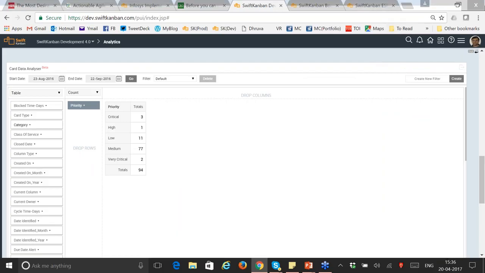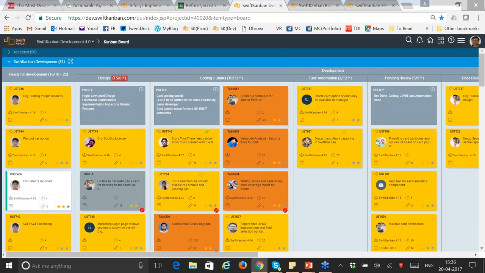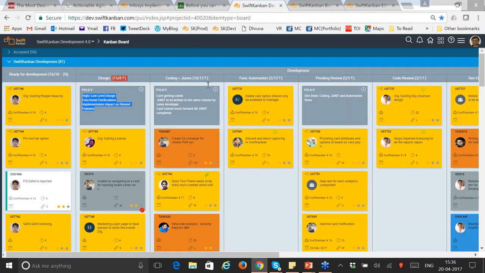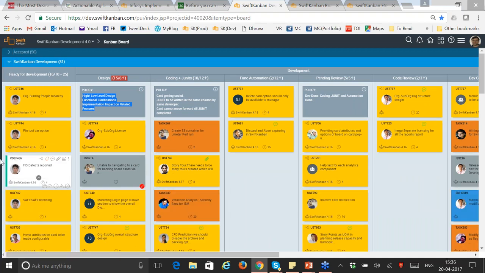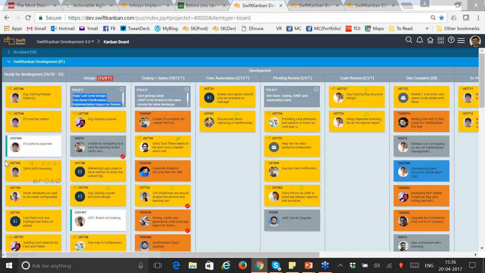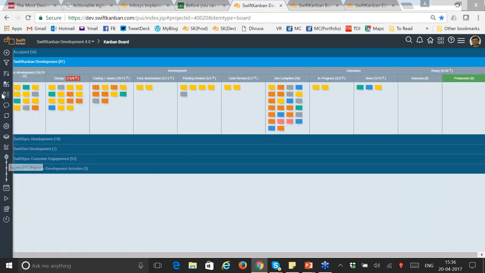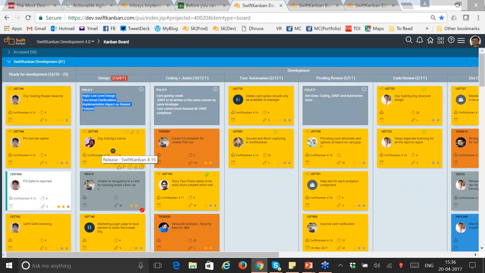So the first, whenever you log into the project, you actually log into your board, and this is how our SwiftKanban development board looks like. You see all the different lanes, and any of these lanes can be expanded, collapsed, depending upon whatever is your level of usability and detail that you are seeking for. We do have multiple levels of zoom and detail available, so you can collapse and you can see an aggregated view, consolidated view at any point of time. So I'll stick to the expanded view, and with that I'll move to the actual